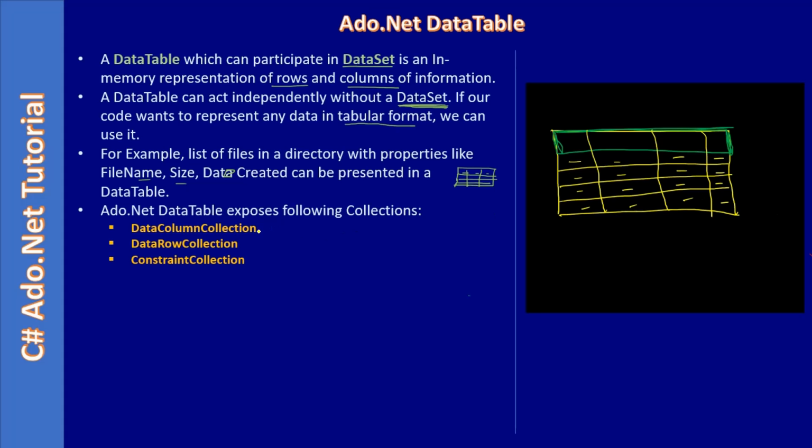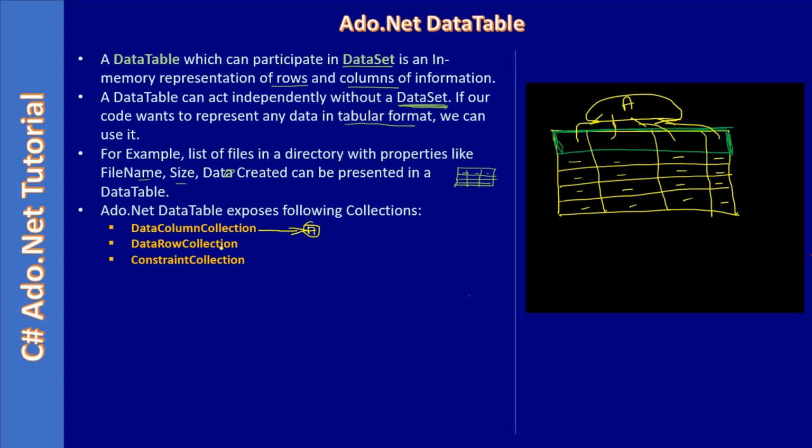So when we are talking about data column collection, these are all the columns, right? This is the header row. Let's state these are all the columns and they together form the data column collection,